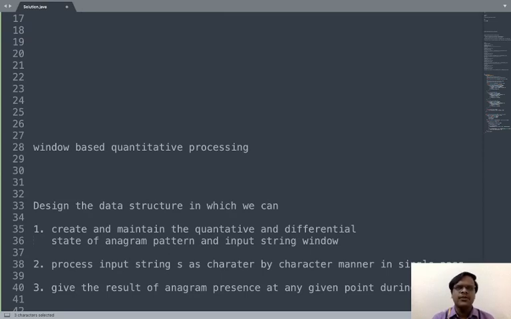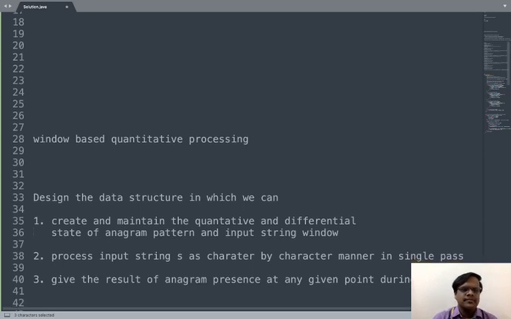We should be able to process the input string character by character in a single pass, and detect anagram presence for any given window at any time.